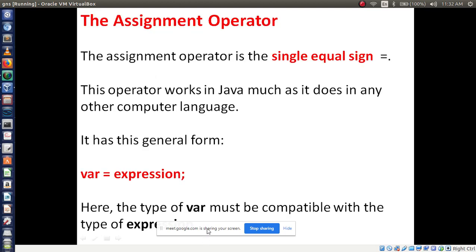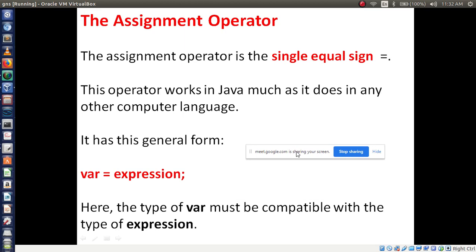Now we will see the next concept, what? The assignment operator. In the assignment operator we use a single equal sign, so it is called the assignment operator. You already know this concept, right? With the help of the single equal sign we assign a value to a variable. For example, a variable followed by a single equal sign, then an expression.